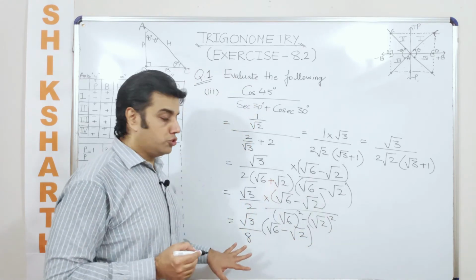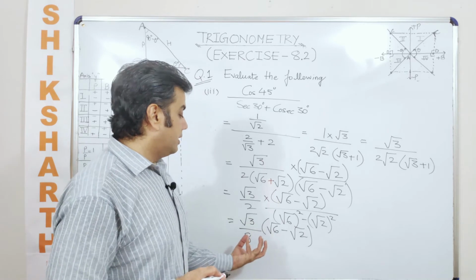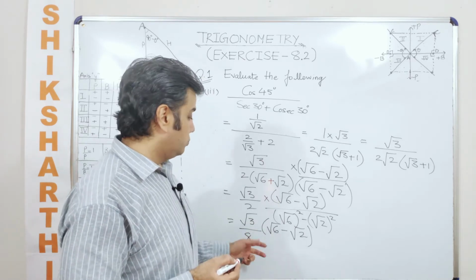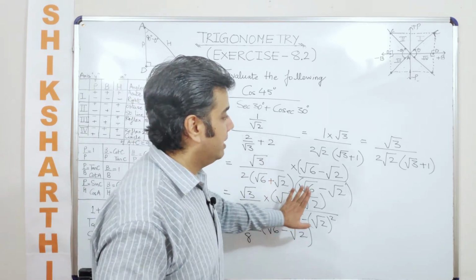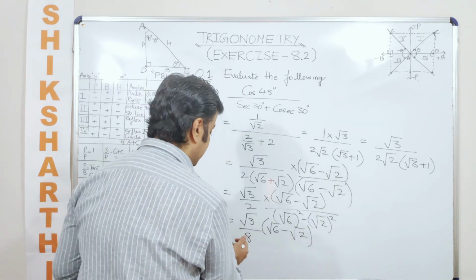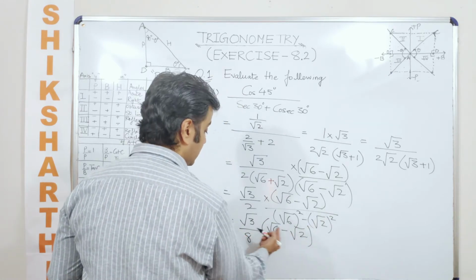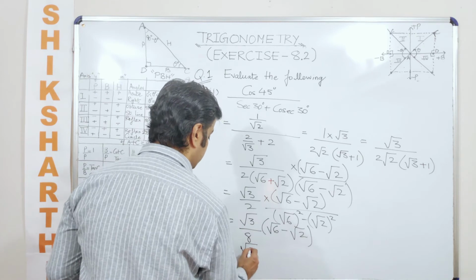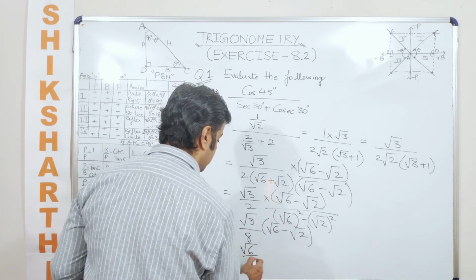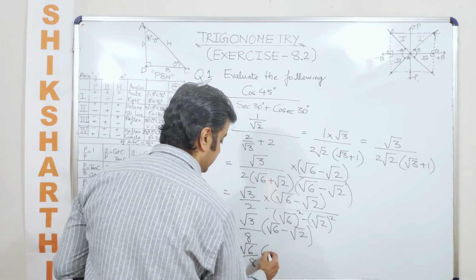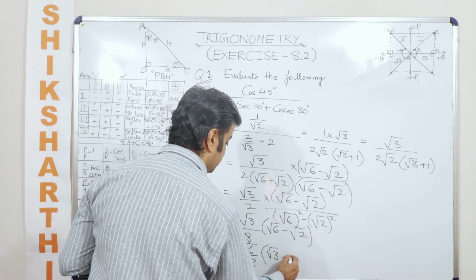So now again it is your choice. You can leave the answer as it is. But now you know that in any case we had multiplied it by a root 2. Now root 2 can be taken out, which is just like saying this can be written as root 6 by 8. And here we can write it like root 3 minus 1.